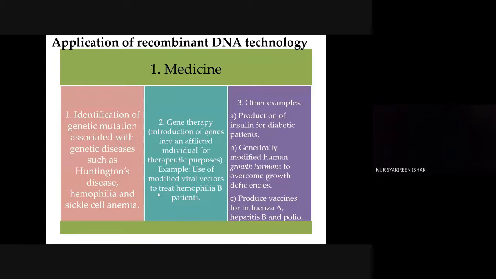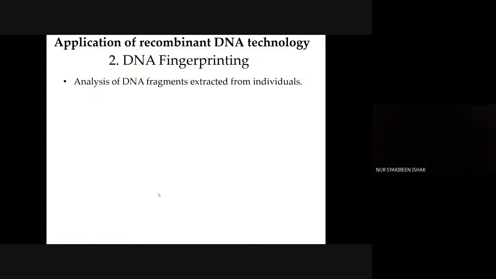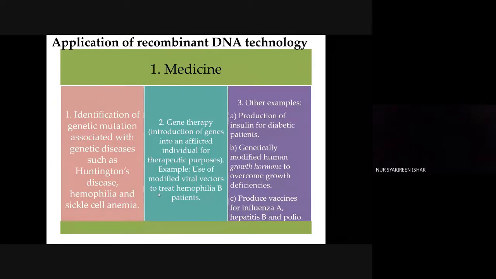So after the virus is delivered to the liver, the gene from the virus will be inserted into the liver cell, and now your body can produce the normal clotting factors. So itu salah satu contoh gene therapy lah. You insert the gene to produce a certain protein into a virus. Virus dimasukkan ke dalam badan awak untuk menghasilkan protein yang sepatutnya badan awak hasilkan. Okay, so the third example is the production of insulin for diabetic patients,